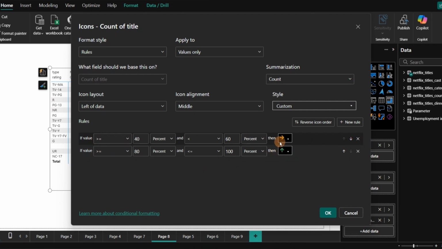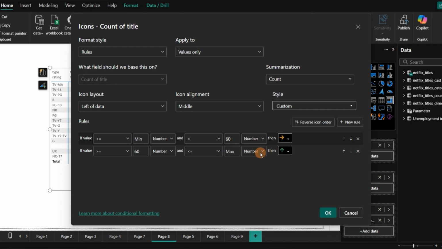Now for the neutral bar I want the value to be greater than or equal to minimum in number and less than 60 in number, and for the other rule, greater than or equal to 60 in number and less than or equal to max in number.